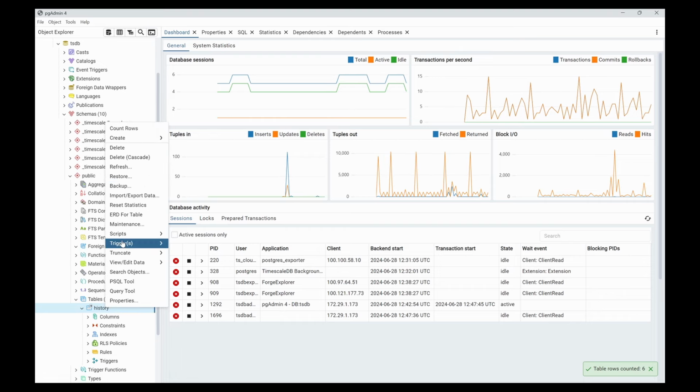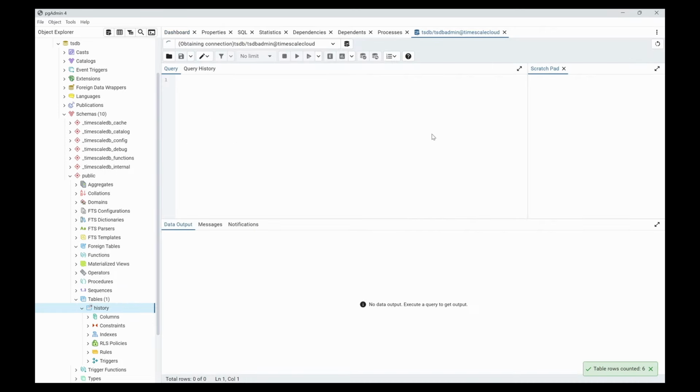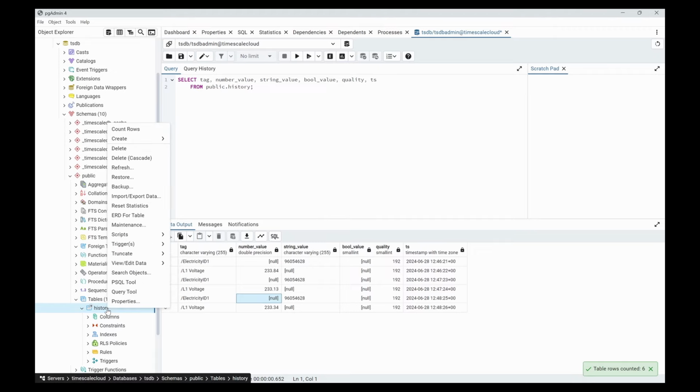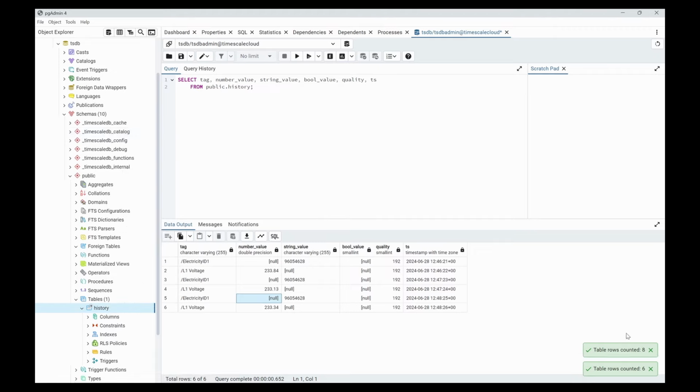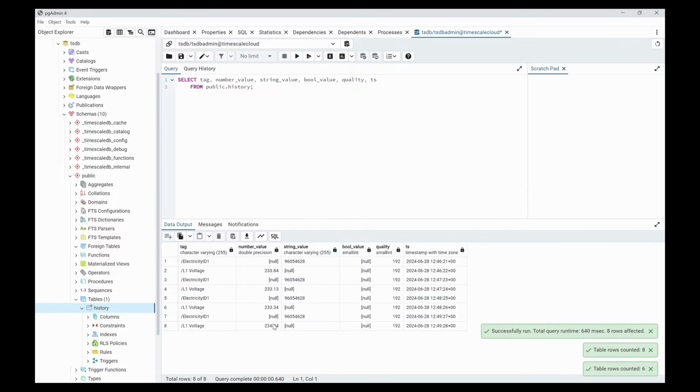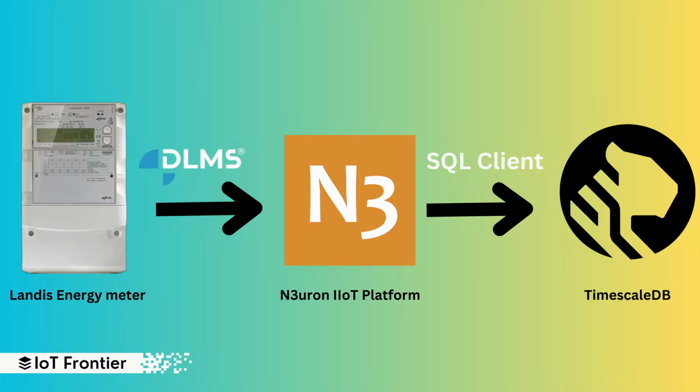So what I can do is click on the scripts and click on select script. It will automatically generate a script for us, and you can just execute the script. So you can see that the electricity ID, the value is coming, voltage, you can see the value, and whatever the values that we have seen are coming. Now after some time you can again click on count rows, and you can see 8. So if you run the execute script, additional 2 values would have been coming here. So this is how you can see the DLMS meter values in the timescale DB using pgAdmin.